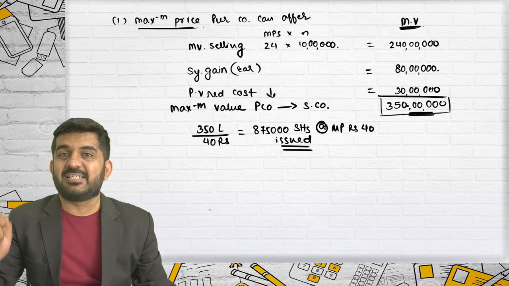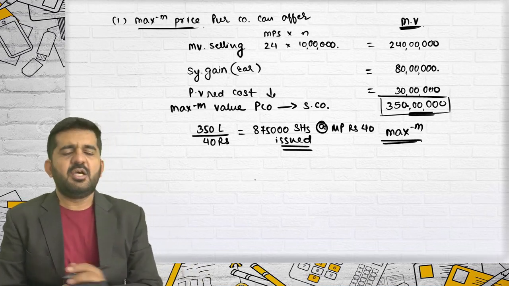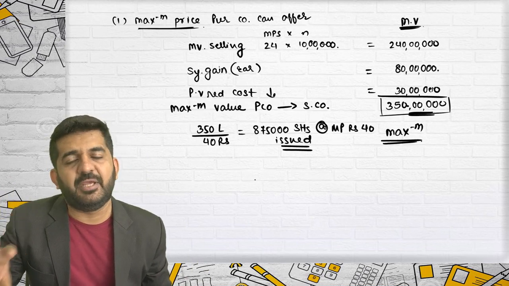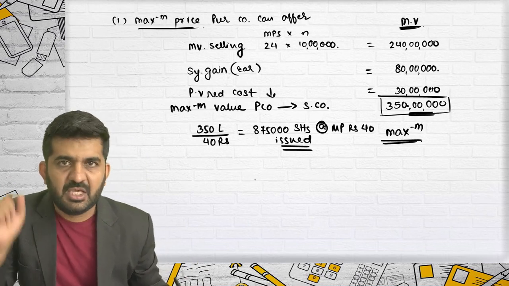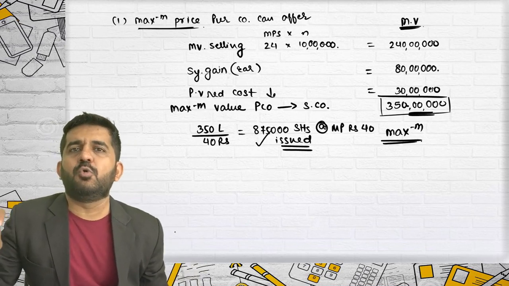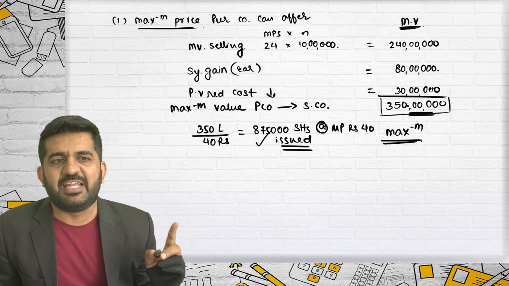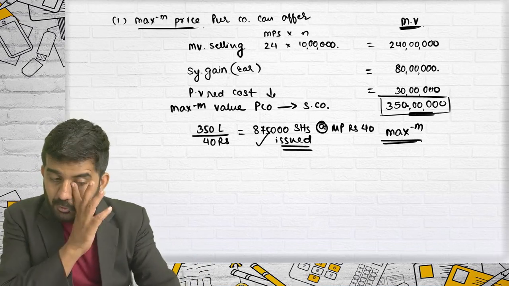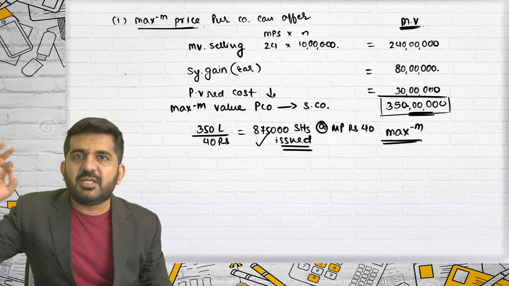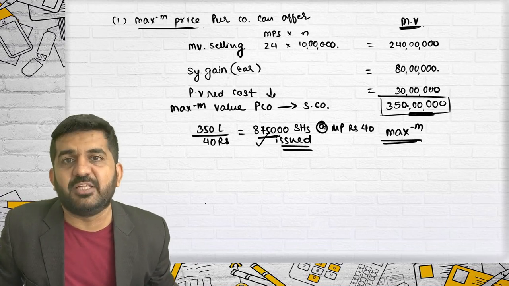And please understand, they are not actually issued. What we are finding out is the maximum. This is the maximum price we as a purchasing company can pay to shareholders of selling company. Believe me, if we pay this, the benefit to purchasing company's shareholders will be zero, and there will be a huge benefit to selling company's shareholders. But as I told you, this is a maximum price and not an actual price. We will always be negotiating. But always remember, you need not give more than 8,75,000 shares to them.